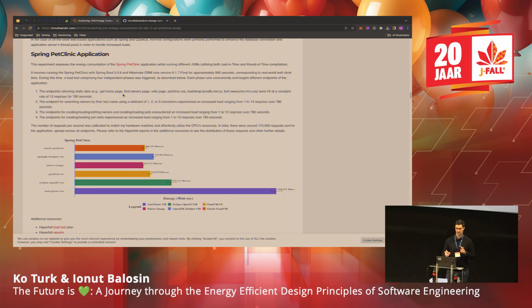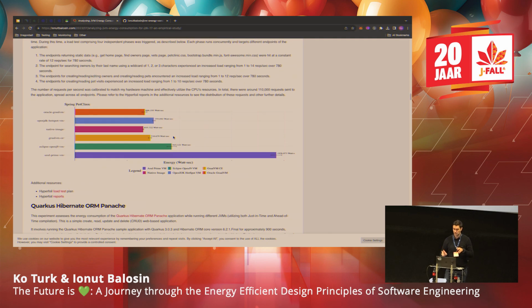And we used a load test tool called Hyperfoil. Have you heard about Hyperfoil? Good, very good. Have you heard about wrk? Yeah, very good. So this tool is very good because it doesn't fall into the coordinated omission problem. In a nutshell, it's very accurate in comparison to other tools. Therefore, we defined these test cases in its DSL.